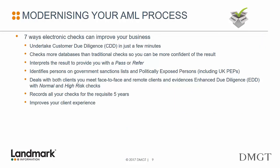Electronic checks modernise your AML procedures and tick a number of boxes within the regulations when it comes to applying customer due diligence. If we refer back to the guidance from HMRC on what you must do in order to carry out customer due diligence, electronic checks will enable you to both complete and document the following: customer due diligence on all customers and beneficial owners before entering into a business relationship or occasional transaction,